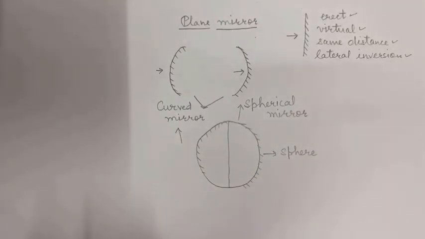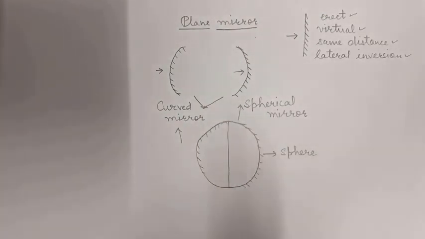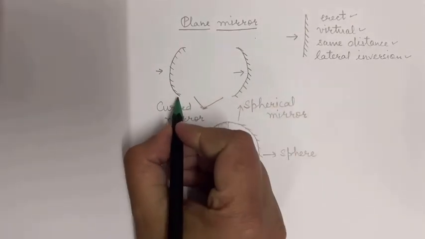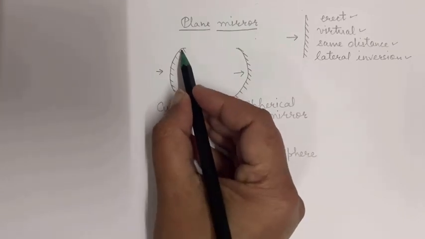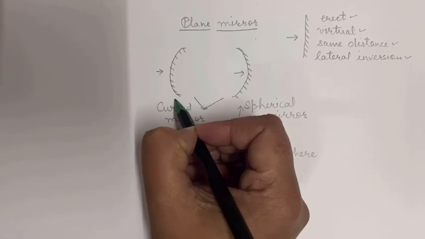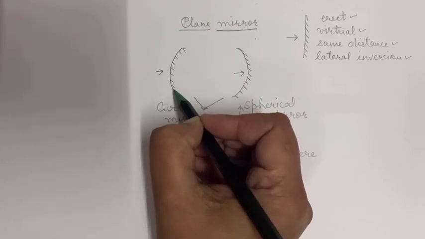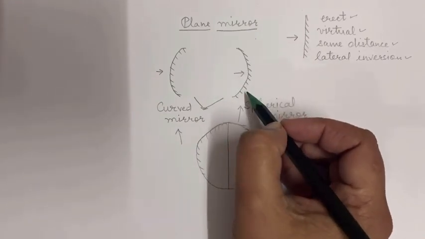Today we are going to continue about some other mirrors. Because you might have noticed all the mirrors are not plane, meaning all the mirrors do not have a flat reflecting surface. I have drawn here two curved mirrors. Now you will find that this side is the reflecting surface in case of this mirror and the other side is polished, and in this one this is the reflecting surface and the other side is polished.